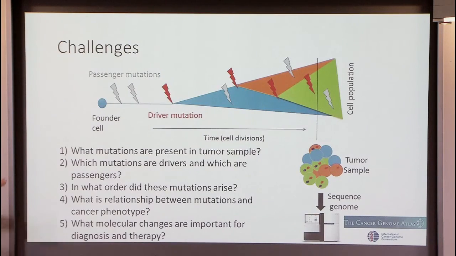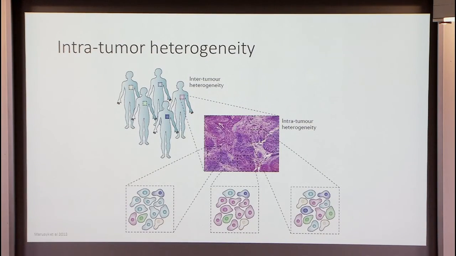Now, I should say that a couple of these questions, almost these first two, when you sequence a human genome, an individual genome, what are the differences, which ones are important, that's actually faced by almost any disease study. What makes these problems, these first two, but all of them, really challenging in cancer is that cancer is very diverse, very heterogeneous, as we say. And it's heterogeneous on different levels. If you measure different patients with the same cancer type, same cancer subtype, you'll see different mutations.